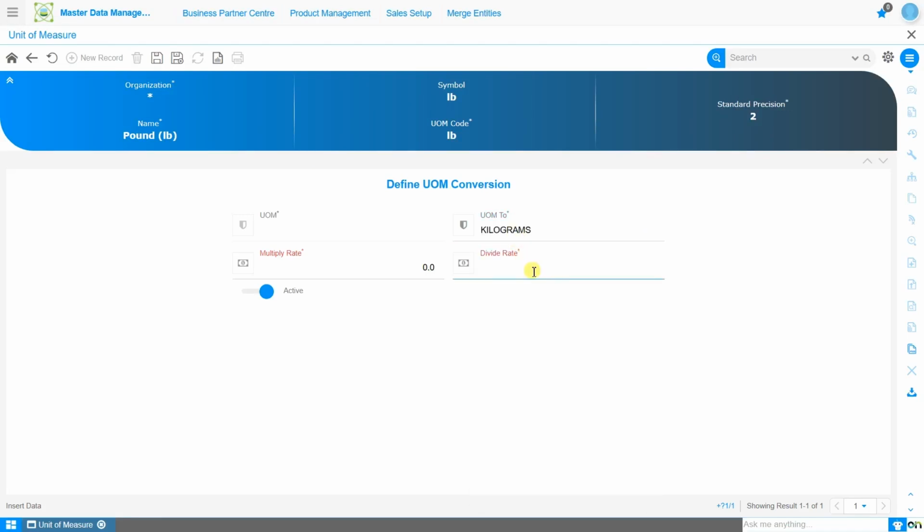Enter the divide rate as 2.20462. Entering this will auto-calculate the multiply rate. Click Save Record. Now, when pound LB is used as the primary UOM on the product master, kilogram can also